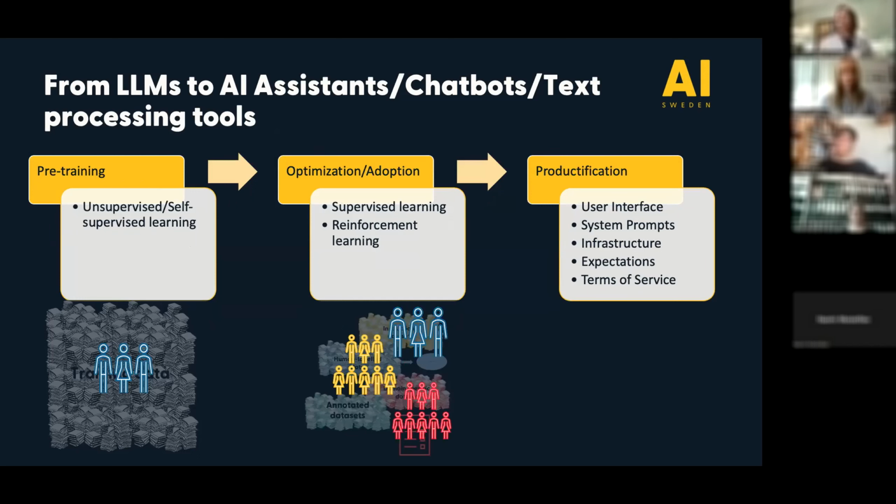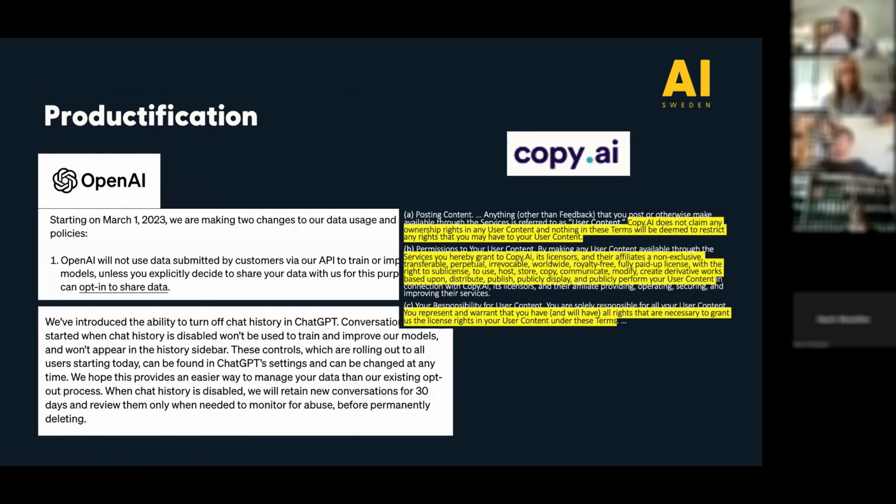So it starts with the developers in the pre-training phase. Then you have the developers providing the guidelines for the data workers who do the annotation work in the adoption phase. And this really, I think, makes one more time very clear that what these models do is not magic. There are always human choices that determine what the models actually do and what they don't do.